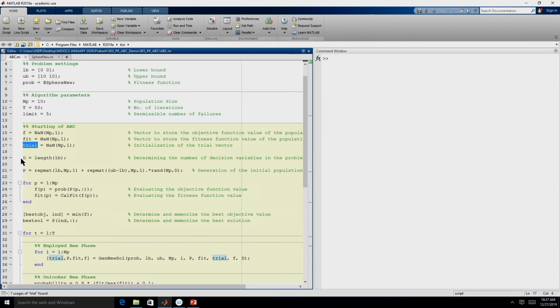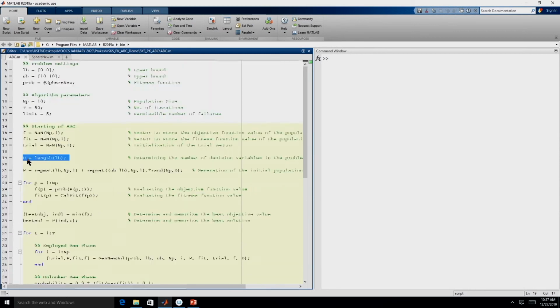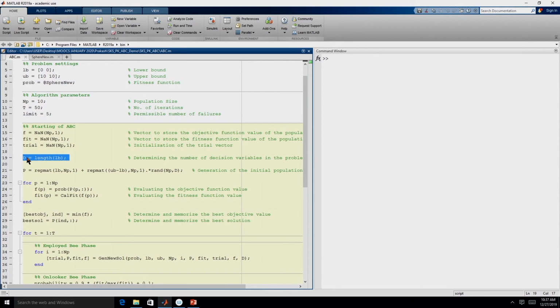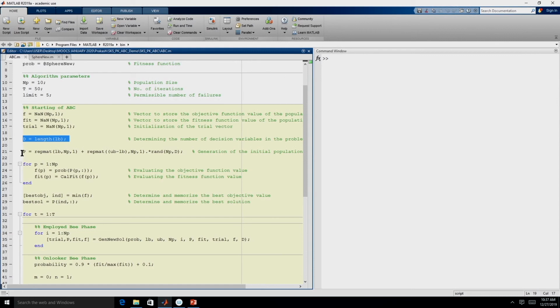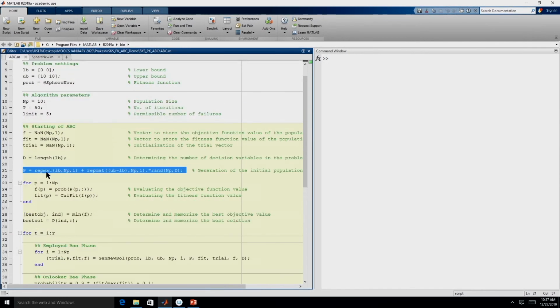In order to determine the number of decision variables, we determine the length of the lower bound, or you could have determined the length of the upper bound. That will give the number of decision variables. Now we can generate the population, again using the same procedure. We are creating a matrix using repmat, which will repeat the lower bound NP times, plus we are creating another matrix wherein